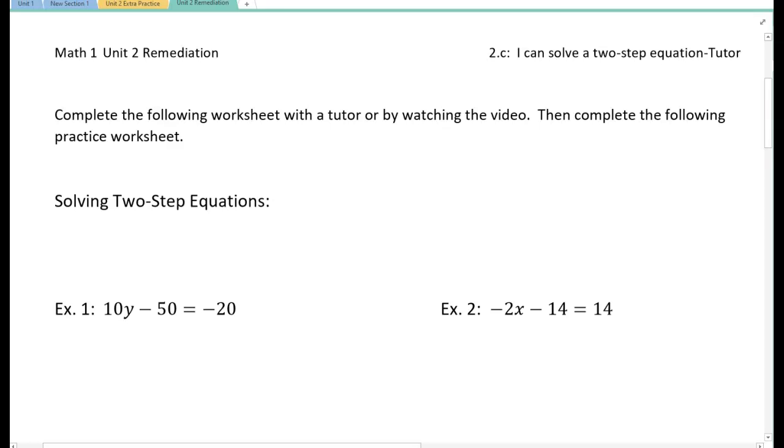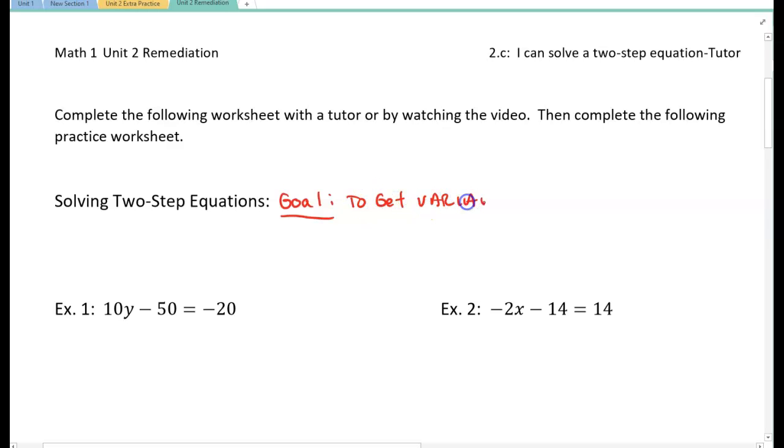All right, Math 1. This lesson's on 2.c, which is solving two-step equations, okay? Now, a lot of these two-step equations use the same process over and over. And again, this is part of a progression: if you understand this, the next type of equations are that much easier. So let's take a look. Anytime we solve two-step equations, I'm going to say it again: our goal is to get